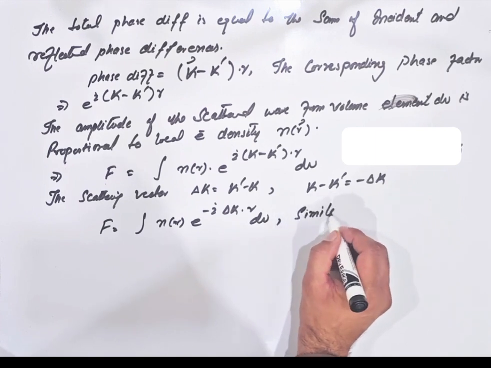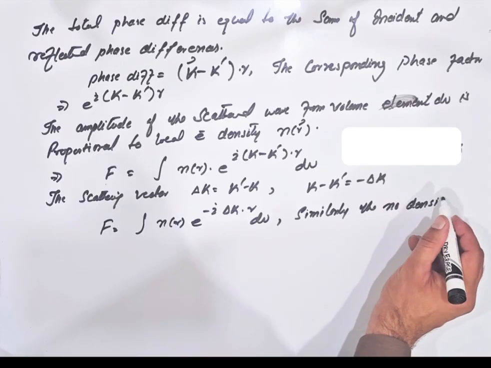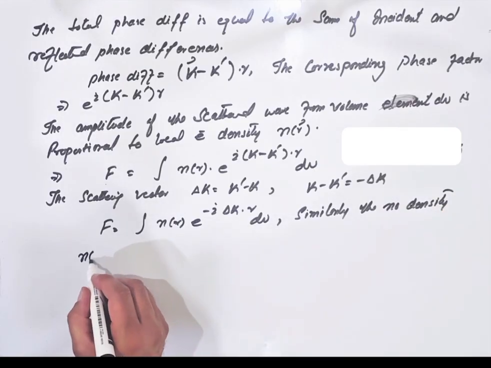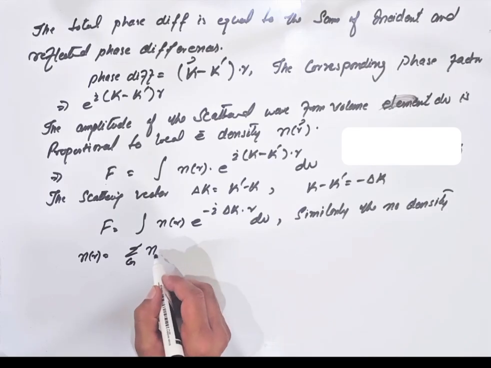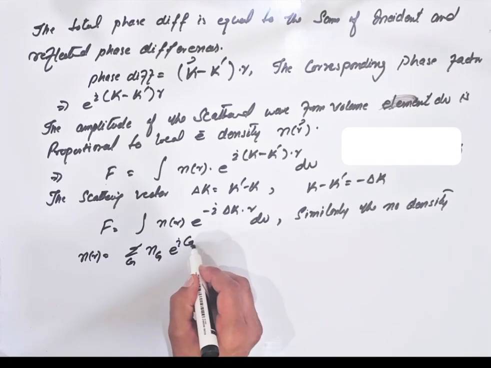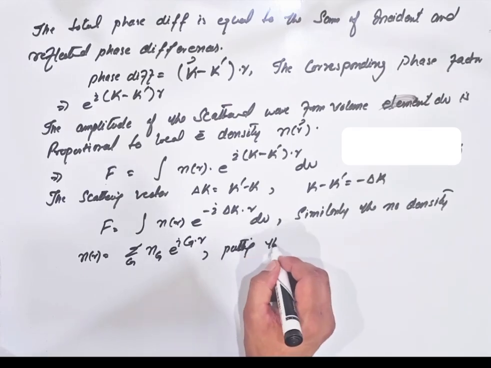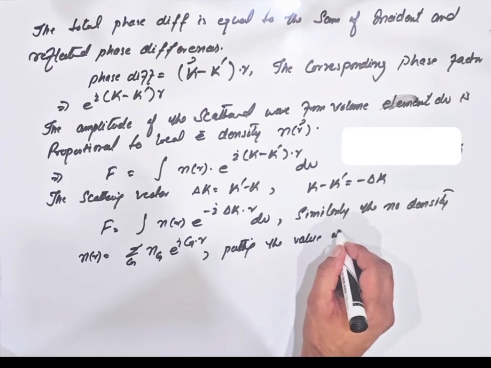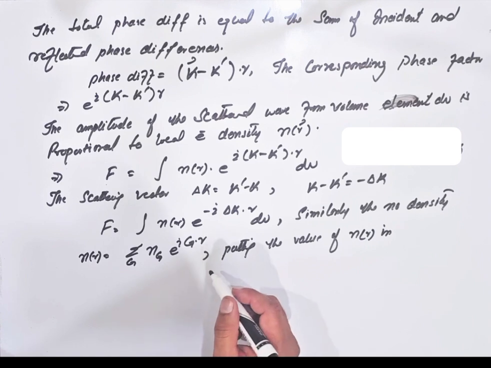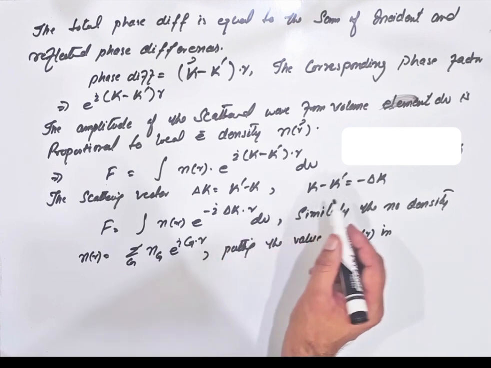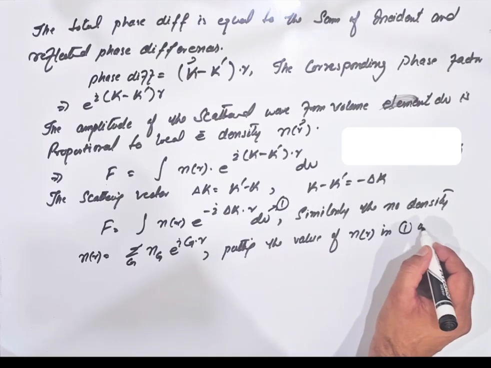Similarly, the number density n(r) is equal to summation over G n_G e to the i G dot r, and this is equation 1. Putting the value of n(r) in equation 1 we get